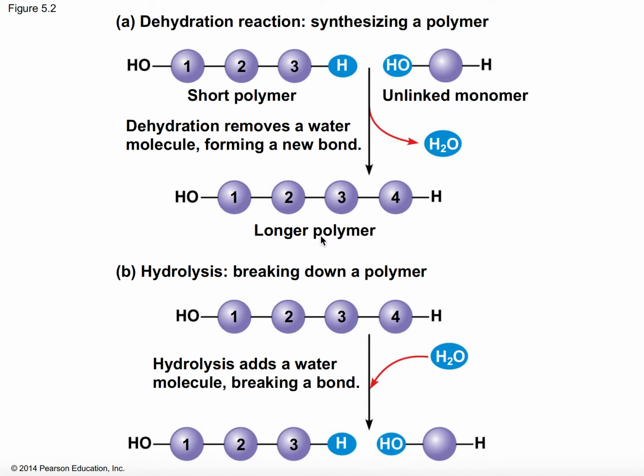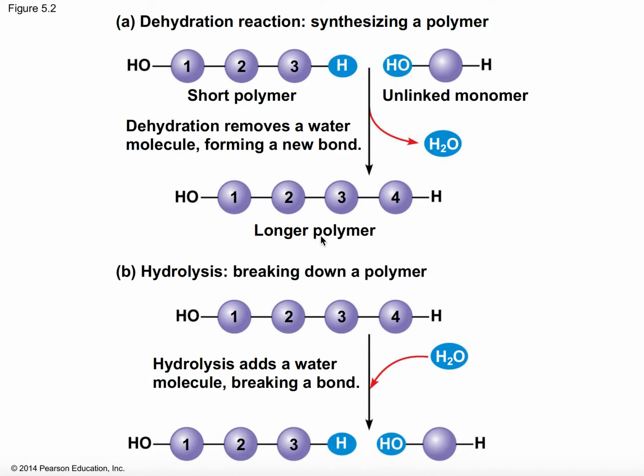All right, here's a photograph of these different types of reactions. So at the top, this is a dehydration, and that we're synthesizing a polymer. Synthesizing means to make. So when you look at your polymer, 1, 2, and 3, the 1, 2, and 3 represents a very short polymer, because most polymers have a lot longer subunits than 3. And then when you hook it to another, what is considered to be an unlinked polymer, when you're putting those together,